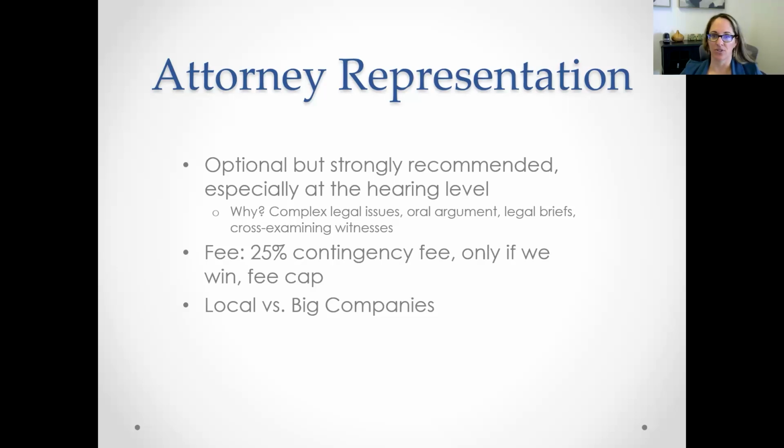I do like to say there's different types of levels of representation. There's big companies who do these that you might see on billboards or on TV that have non-attorney representatives actually do these cases. I recommend always that you find someone local in your area who does cases. And by in your area, I mean, in your state, just because they might know the issues a little more, a little better and tailored to you.